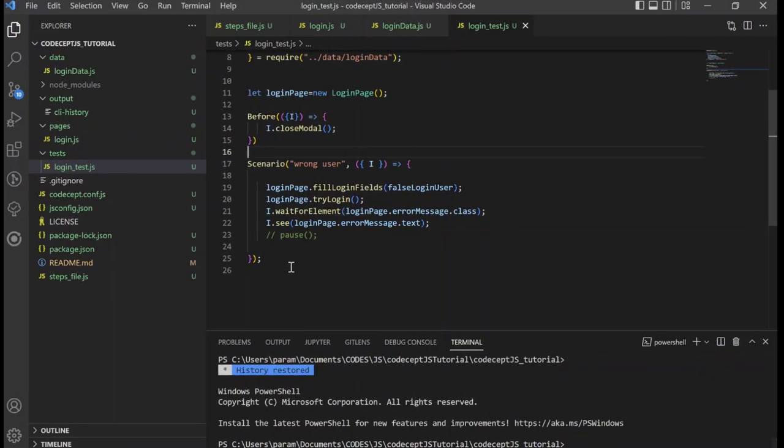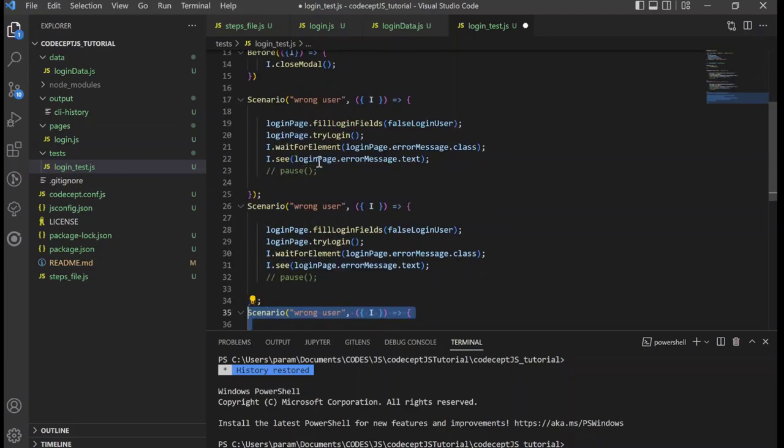I am going to copy and paste this scenario 2 times. Second scenario will be empty username, and we will send empty name login user as an argument.